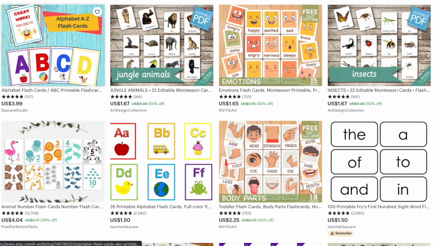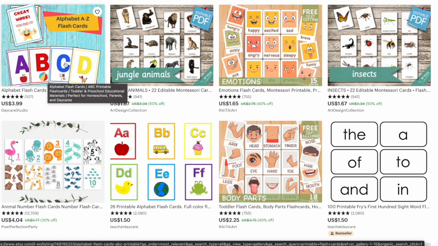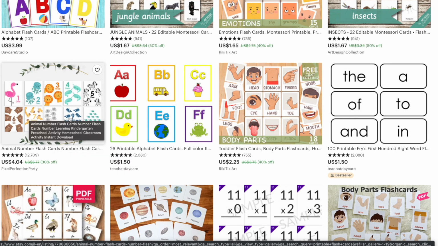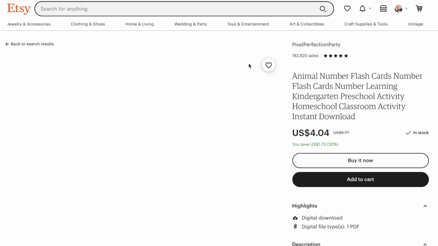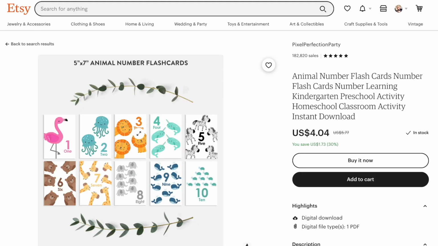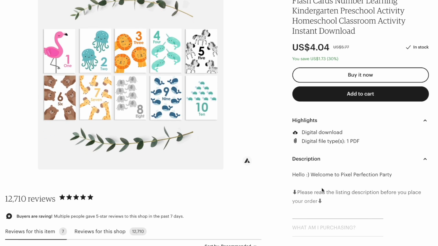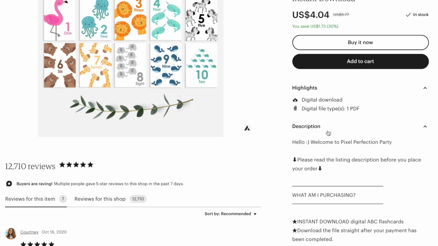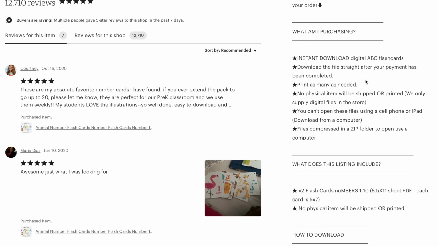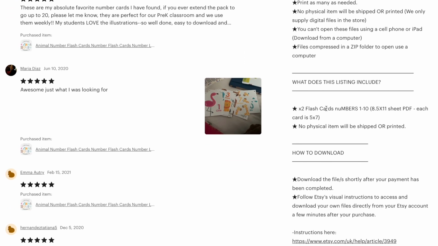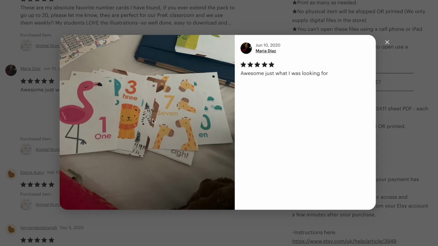We also have this one with just a shape and the letter. We have this card, which is really cute because it combines animals but also the numbers. And I kind of think that this is something that I would like to do because it looks super adorable. And it's only a PDF file, and people are getting 5 by 7 inches of flashcards from numbers 1 till 10. And here some people actually printed them out, and it looks